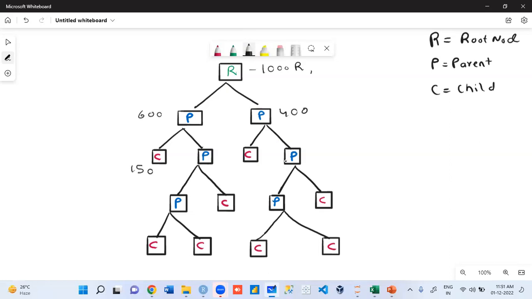How many remain? Here we have 100. How many remain? How many?